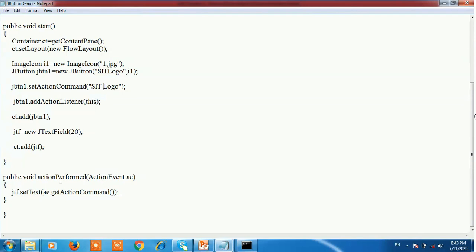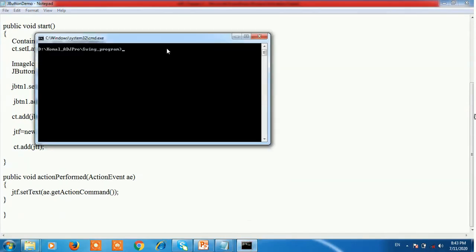When we click on the button SIT logo, the particular action event is performed, and in that actionPerformed method, the getActionCommand method is called, with the setActionCommand having the string SIT logo. That string is passed on to the text field, and the particular string is displayed in the text field when the button is clicked. Now save the code as JButtonDemo.java.